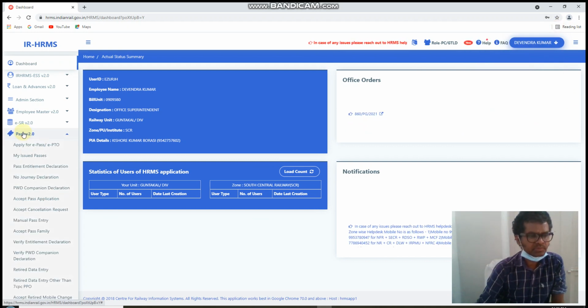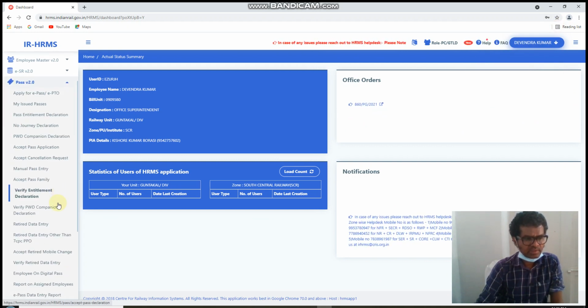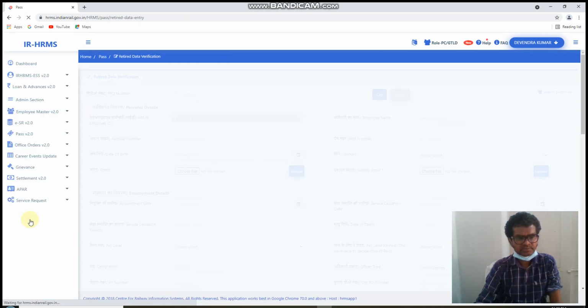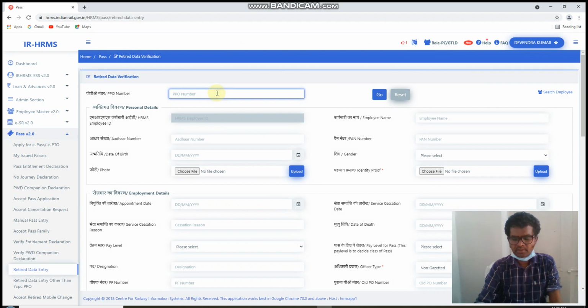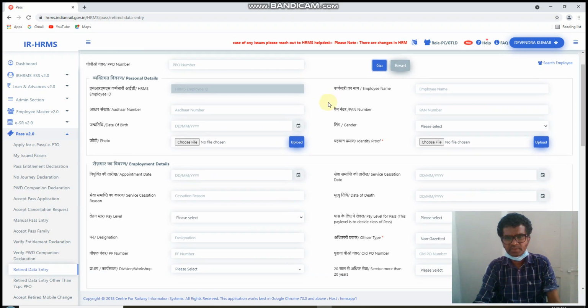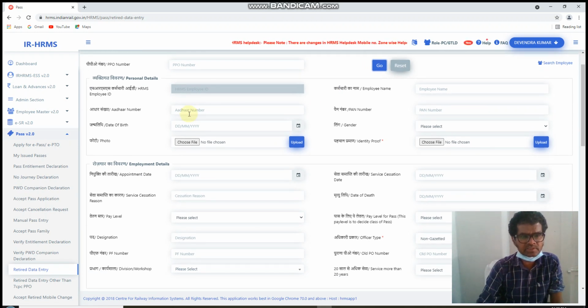click on Pass module and here Retiree Data Entry. Now type here the PPO number, whatever it is, and go, then the data will come. Go means data will come. Here all the basic information will come in these columns, fields, and what are the